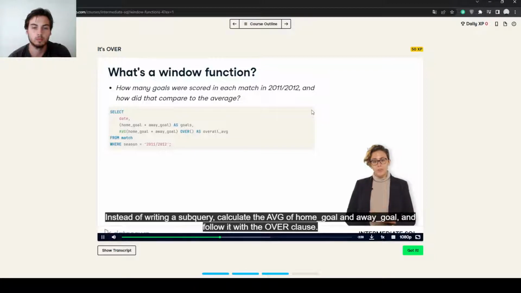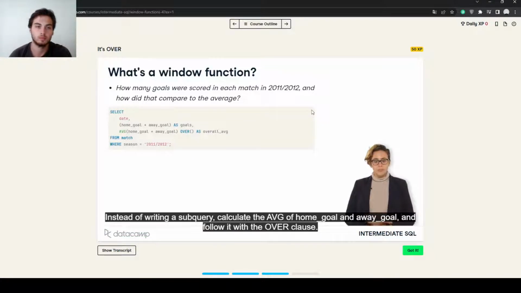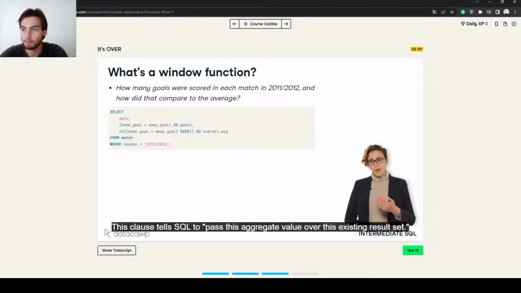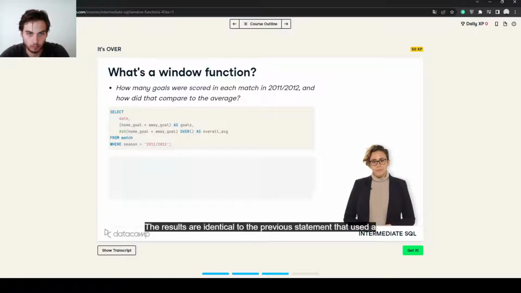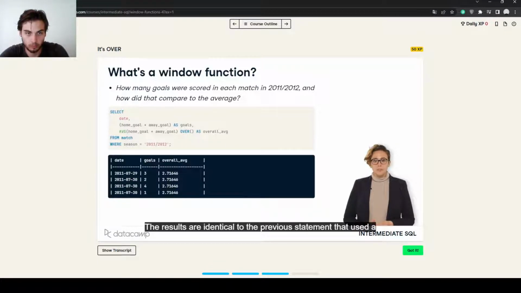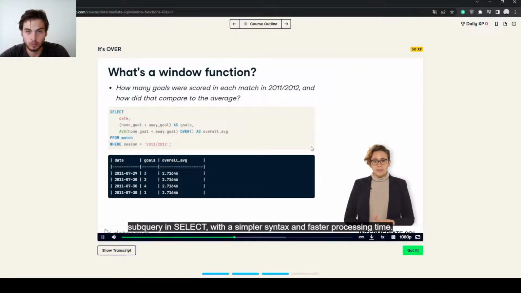And follow it with the over clause. This clause tells SQL, pass this aggregate value over the existing result set. The results are identical to the previous statement that used a subquery in Select with a simpler syntax and a faster